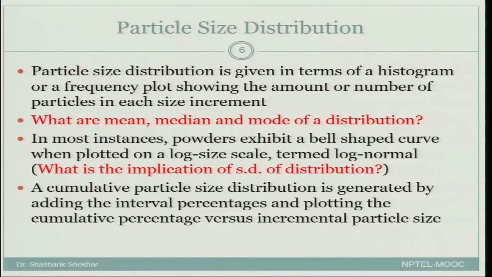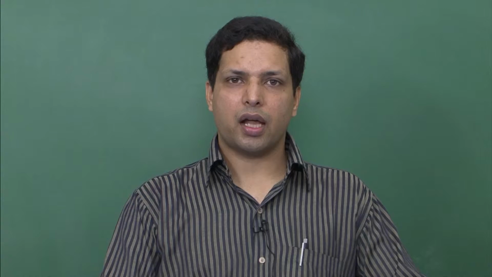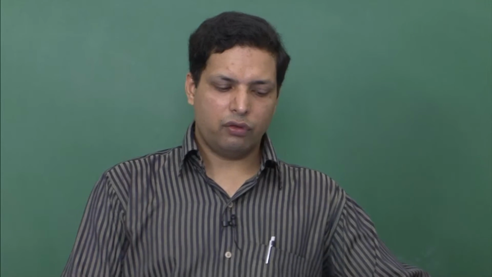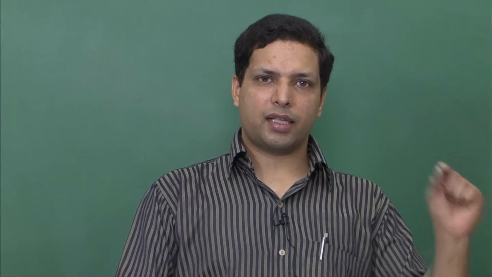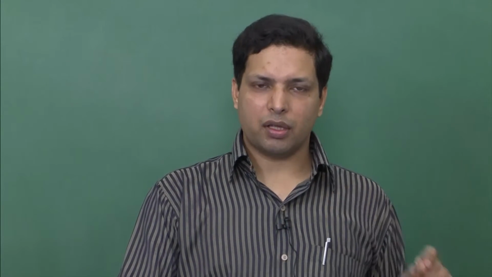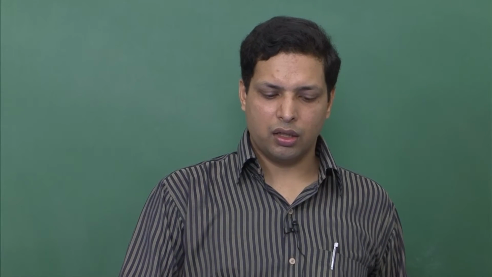Now, that is one particle, but in general you will not get just one particle. You remember we had, even for the largest powder size, 10 to the power 9 particles per kg. So, that is the kind of number of particles that we are looking at, and all of these cannot have exactly the same diameter. There will be some variation, and that distribution is what we need to understand.